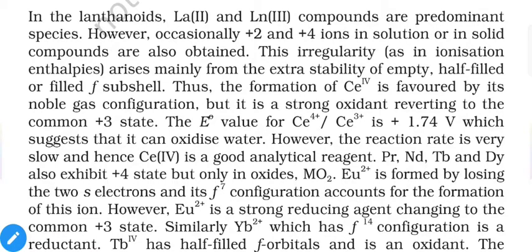So just like d orbitals, the same trend will be observed here. If orbitals are completely empty or exactly half filled or completely filled, then this configuration gives extra stability, and that's why it will behave slightly differently. For f orbitals, the stable configurations are f14, which will be the most stable electronic configuration for f orbitals, and f7, that means half filled, which is the second most stable electronic configuration.